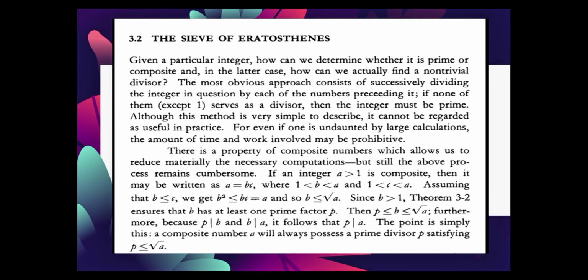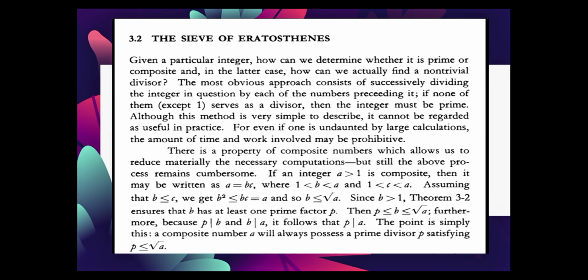Although this method is very simple to describe, it cannot be regarded as useful in practice, for even if one is undaunted by large calculations, the amount of time and work involved may be prohibitive. There is a property of composite numbers which allows us to reduce materially the necessary computations, but still, the above process remains cumbersome. If an integer a greater than 1 is composite, then it may be written as a